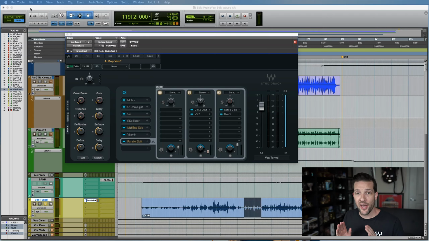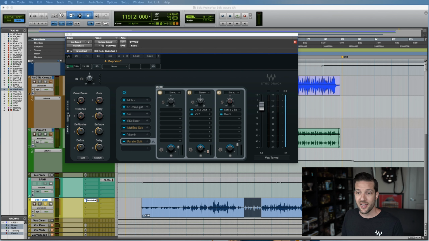Okay, you can see we have Pro Tools open, and within Pro Tools, we also have StudioRack open for us to see. Before we dive into the details of StudioRack and what makes it pretty awesome, let's take a step back and review. And first of all, answer the question, well, what is StudioRack? Well, StudioRack allows you to build intricate chains of up to 8 plugins from just one DAW insert and save